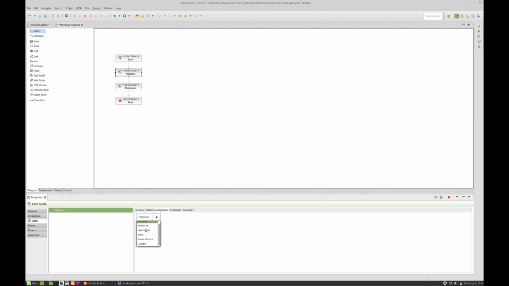Swim lanes define an assignment that will remain constant for various tasks in the process. The expression option allows you to assign tasks to groups of users with specific roles. This will create a task that anyone within a specific role can interact with. You can also use the handler for more advanced configurations. In this case, we will keep our example simple, and we will assign each task to a specific user by